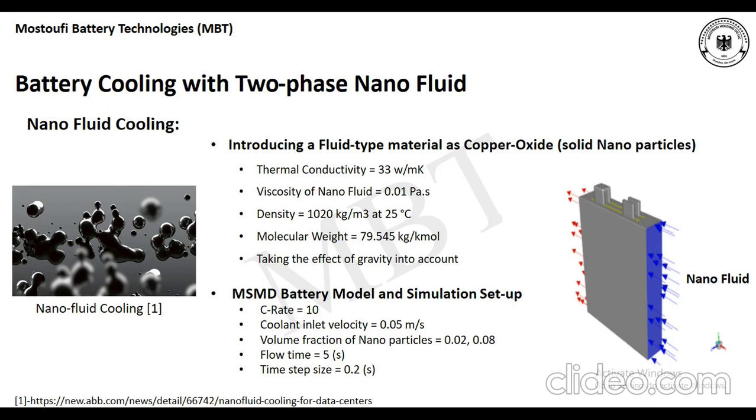process. So we introduce a fluid type material as copper oxide, which is solid nanoparticles, and among the most important properties, we need to edit the material properties like thermal conductivity, viscosity of nanofluid, density, molecular weight, and we also take the effect of gravity into account, as in high values of volume fractions of solid nanoparticles, the gravity may